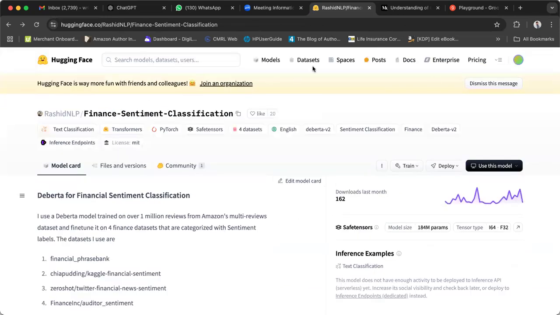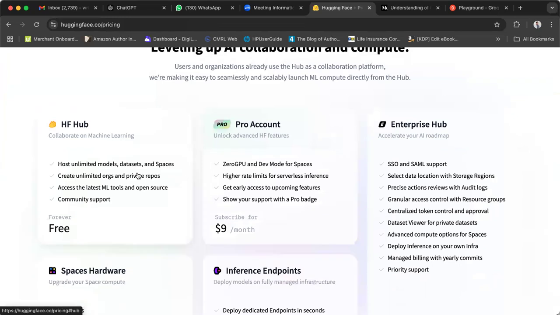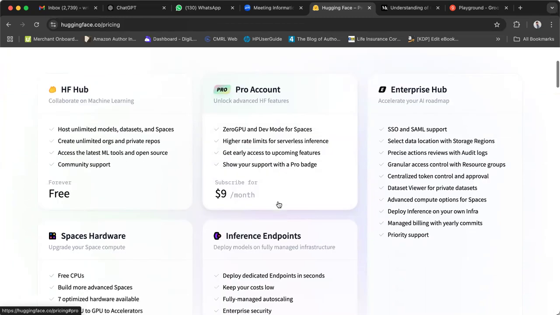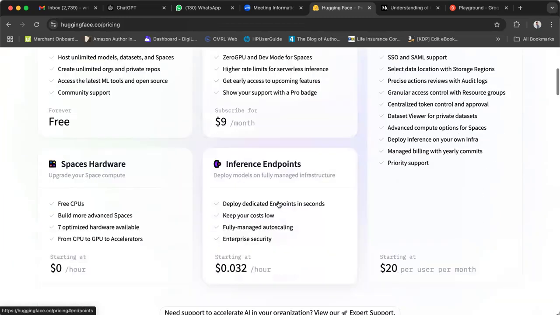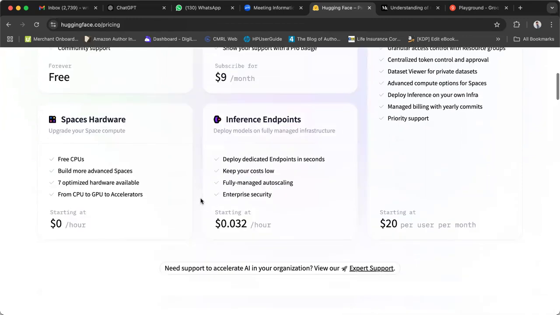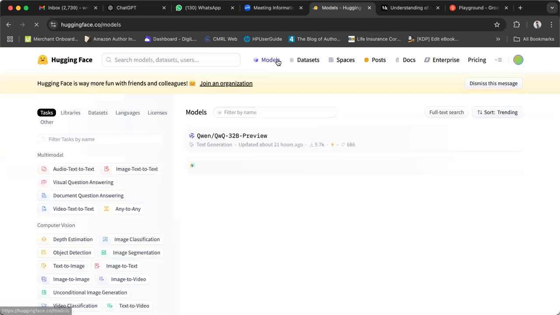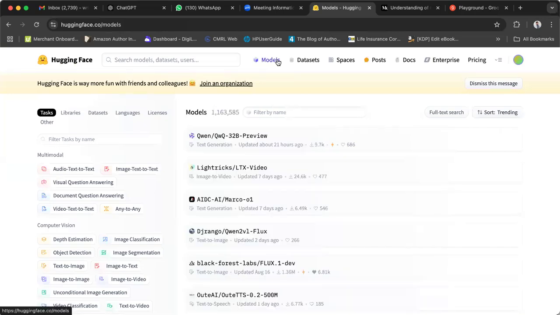And here there are also a lot of enterprise models, and so many paid models that are available. So this is a free account, and if you open up your pro account, there are so many other features you'll be able to use. Inference endpoints, and I'll show you what inference is and the other things, right? And this is how, going forward, you have to think. That is why I'm introducing it now itself.